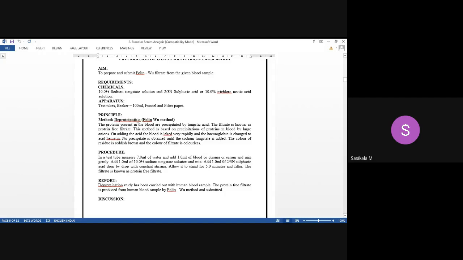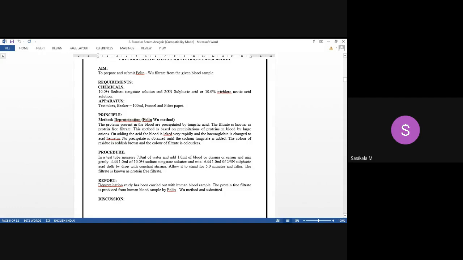So deprotonation is the process using Folin tungstate method. And for this purpose, Folin tungstate tubes itself are available. In that we will be preparing. You will be taking the sample and you will be preparing with the Folin tungstate tubes itself. Okay, you can find in our lab. I'll be showing you when you are coming to the lab what is Folin tungstate test tubes.